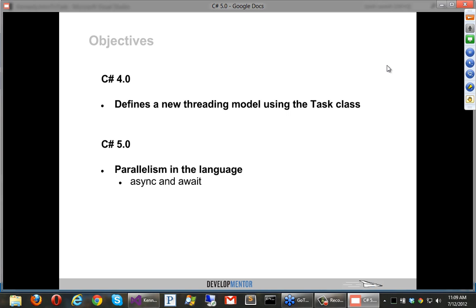Okay, so our agenda for today, we're going to first talk about the task class, which was introduced in C# 4, and that's basically the foundational stuff. We'll see that C# 5 introduces 2 new keywords, async and await, that work together, and they really could have gotten away with a single keyword, but it would make debugging harder, so they make it a little more explicit with this second keyword. So we're going to first look at the task class, and then see how we can build on it. These async and await keywords are really super simple, but behind the scenes there's a lot of compiler magic, and you need to understand the task stuff pretty well.